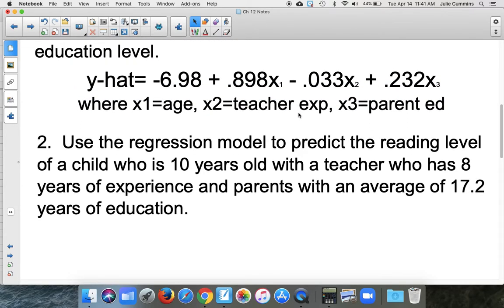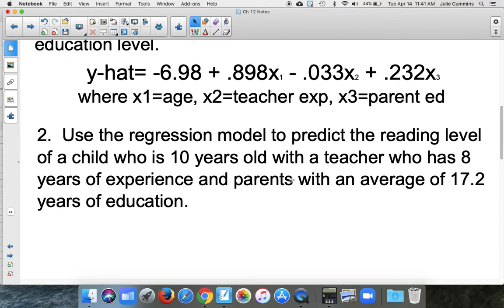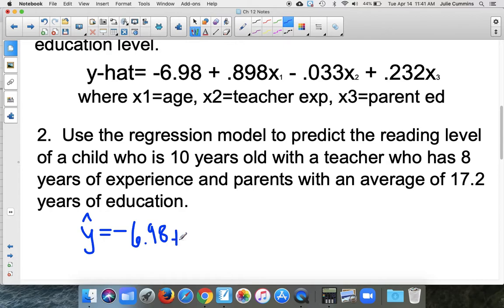All right. The next one, we want to use the regression model to predict the reading level of a child who is 10 years old, with a teacher who has 8 years of experience, and parents with an average of 17.2 years of education. So let me switch over to a pencil for this. So we want to find this y hat. So we're just going to plug into the equation exactly what we have. So our y-intercept is negative 6.98 plus 0.898